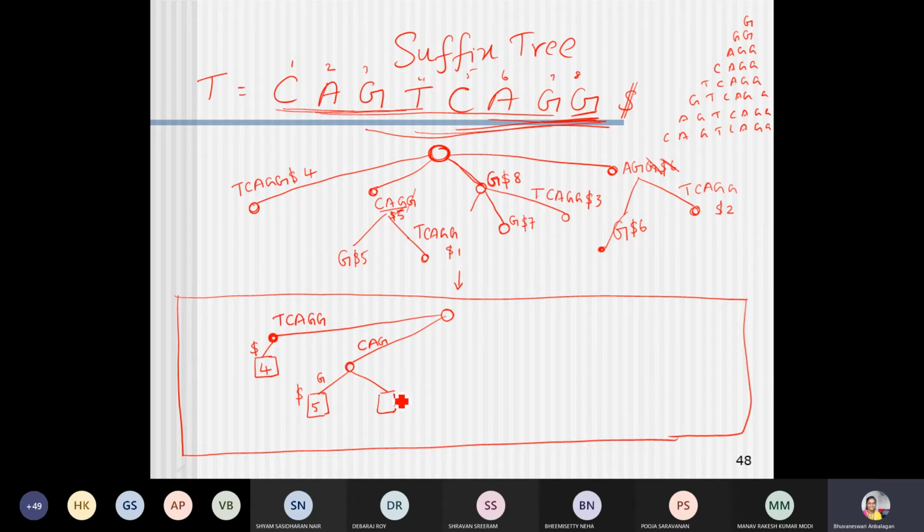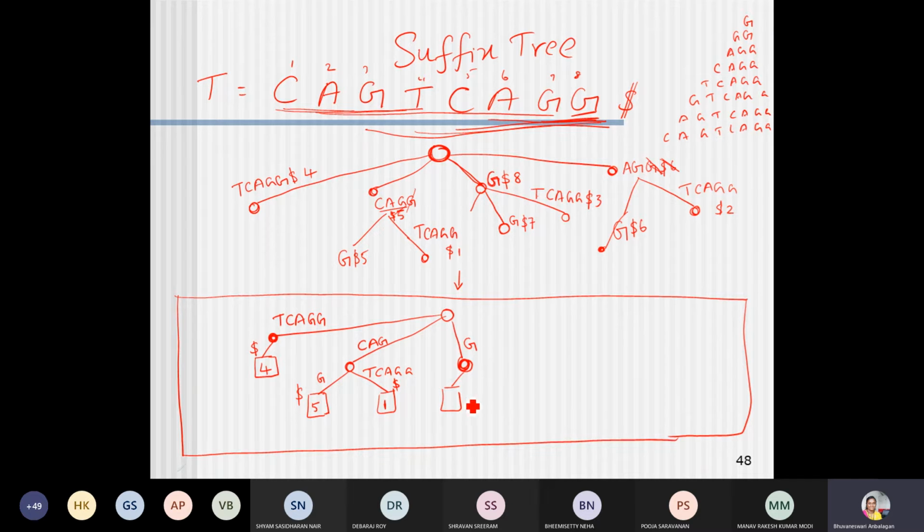And I do have TCAGG, and after that the end. What is its node? The node is CAGTCAGG, which is 1. Then I have this node, G is here, and after G, is there anything?